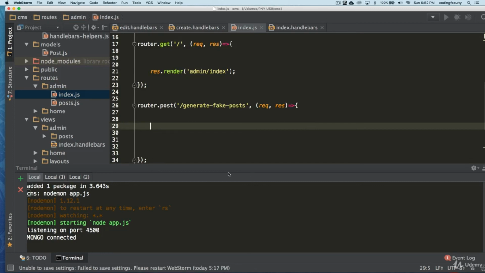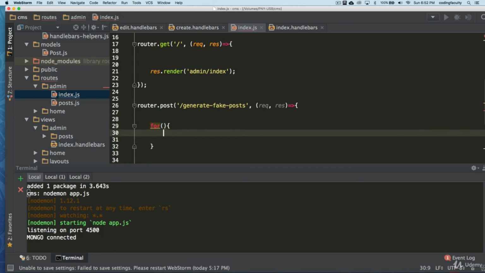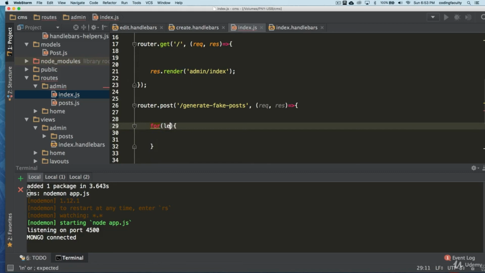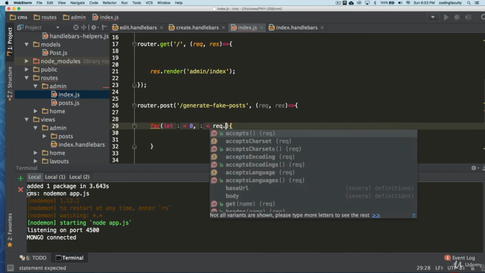Okay, so let's use JavaScript and say, well, I want a for loop. Let's have a variable here with an index of 0, and as long as i is less than, I don't know, let's actually pass that amount in the input.